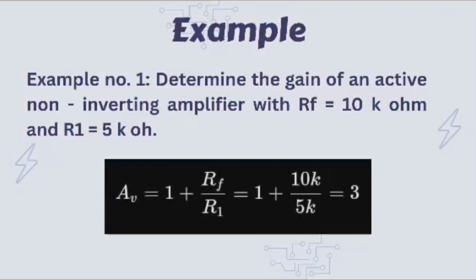So, example problem number 1. Determine the gain of an active non-inverting amplifier with RF equals 10 kilo ohm and R1 equals 5 kilo ohm. To solve this problem, we use the formula of voltage gain equals 1